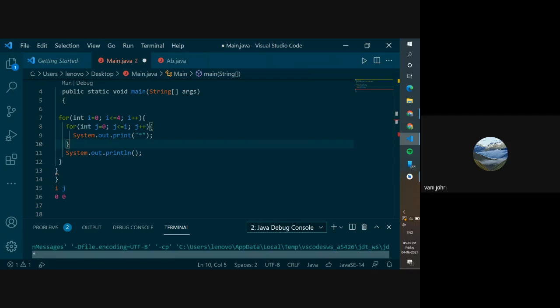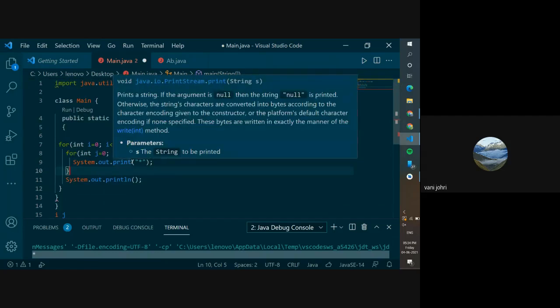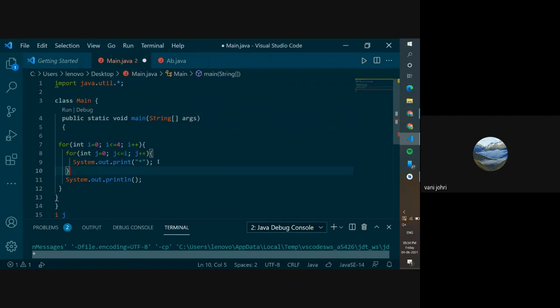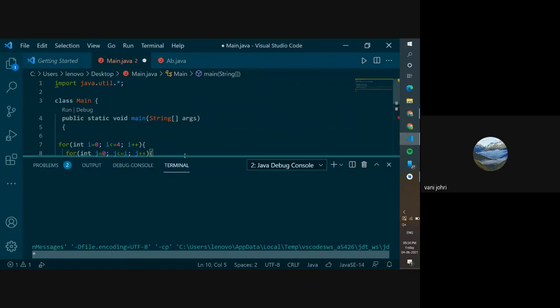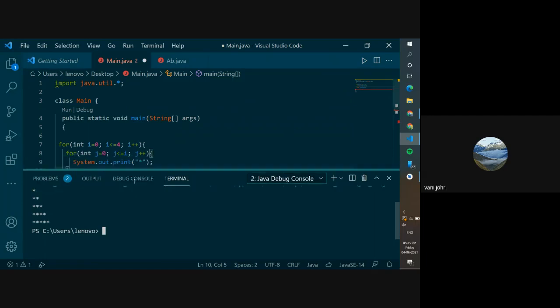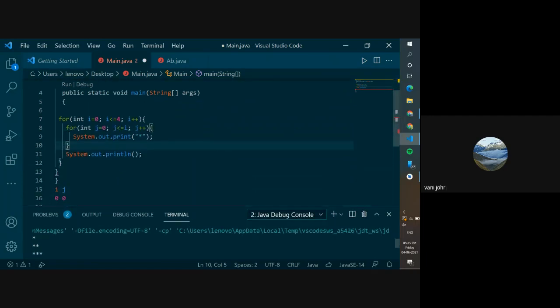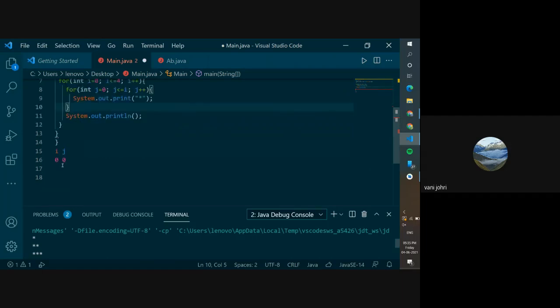Yeah, okay, so you understand that, what will the ln do? It will bring it to the next line. System.out.print keeps on printing things in the same line. Ln changes the line. So if you can see it in the output, after printing one asterisk, it comes into the next line. Okay. So now your cursor is in the next line, and now it will go back up and it will increase the value of I by 1.